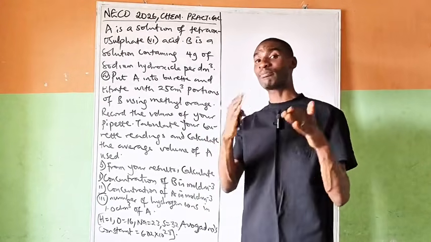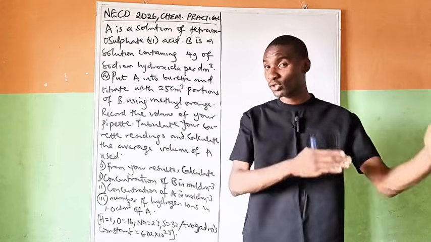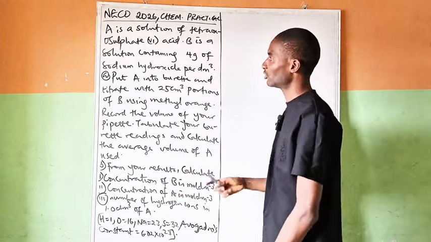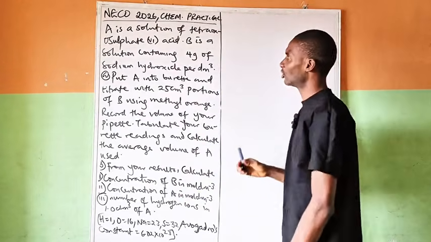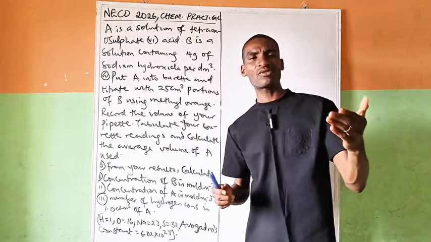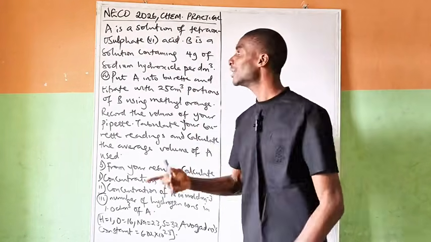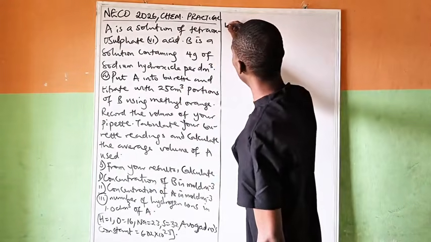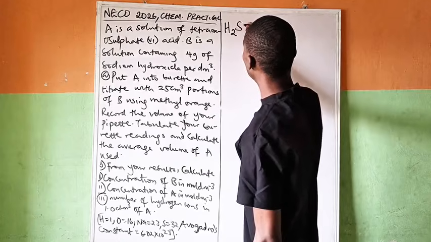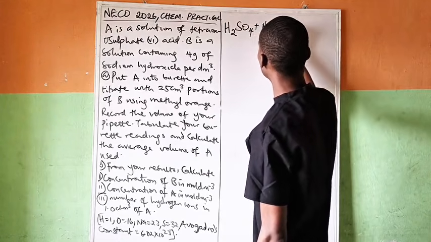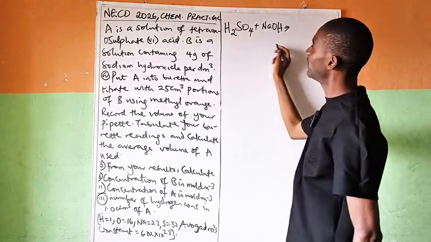Inspect the equation and be sure it is balanced before you continue, because you're going to need that balanced equation in your calculation. So let's quickly write the equation. Whenever an acid reacts with a base, the product is going to be salt and water only. Here the acid is H2SO4, tetraoxosulfate(VI) acid, plus sodium hydroxide, and then it's going to give us,